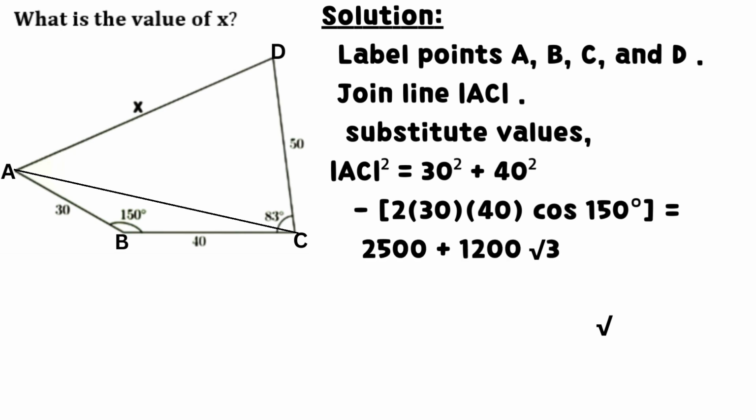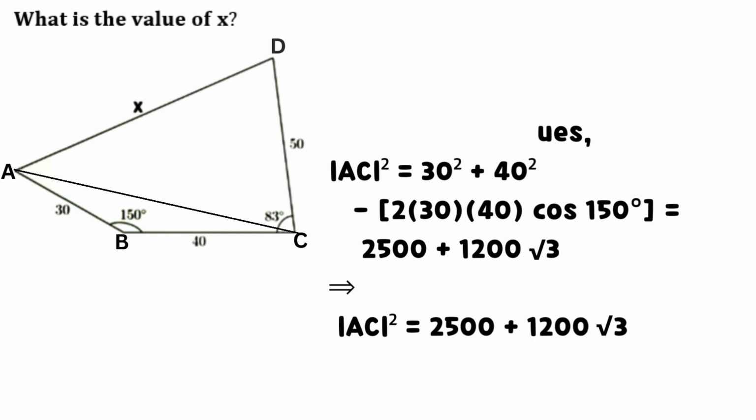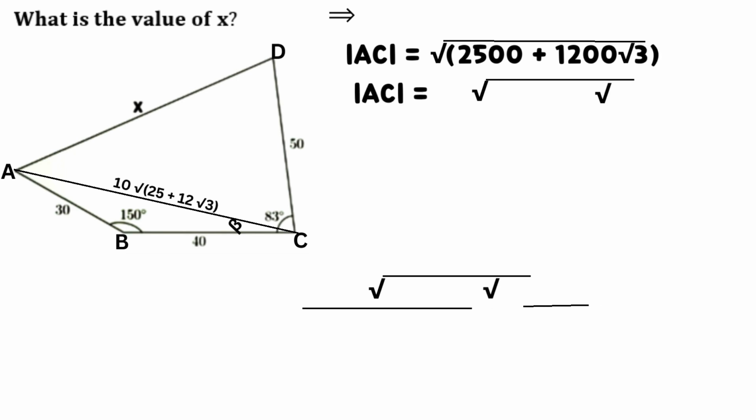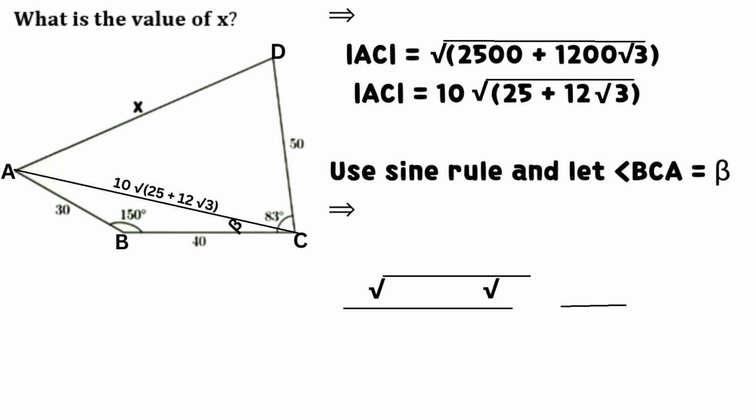sum of the square of 30 and the square of 40 minus the product of 2 and 30 times 40 times cosine 150 degrees, which equals the sum of 2,500 and 1,200 times the square root of 3. It implies that line AC equals the square root of the sum of 2,500 and 1,200 times the square root of 3, which